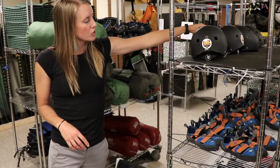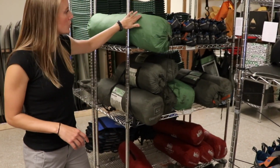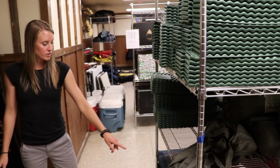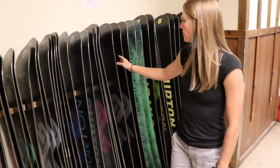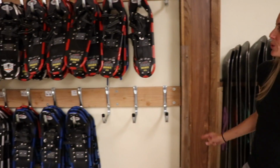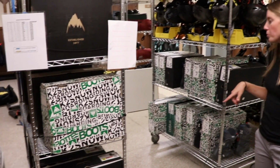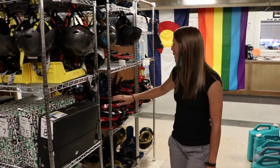These are the helmets we usually use for the cruiser bikes or the commuter bikes that you're renting out. We have 2 sizes of tents, both 2-person and 4-person tents. We have sleeping pads and Crazy Creek chairs. And then during the winter, we have about 50 snowboards available for you to rent in various sizes, as well as about 25 snowshoes. We have coolers, snowboarding boots, snow helmets, goggles, bindings,